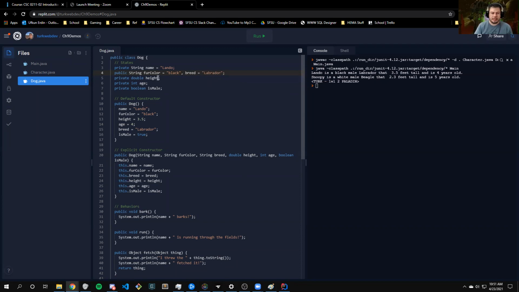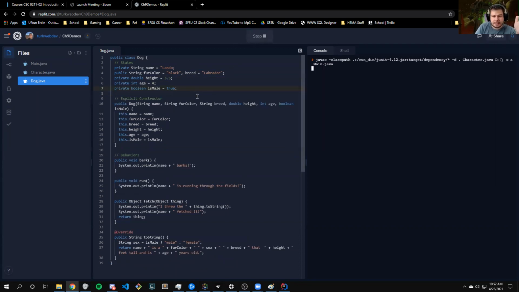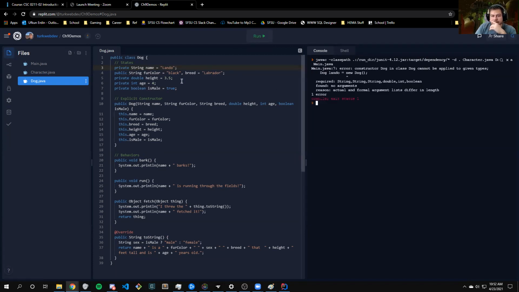So when we create an instance of the class, these are going to be the default values set to these variables. So if I run this project again, then you guys will see